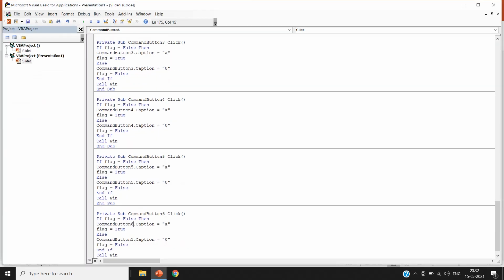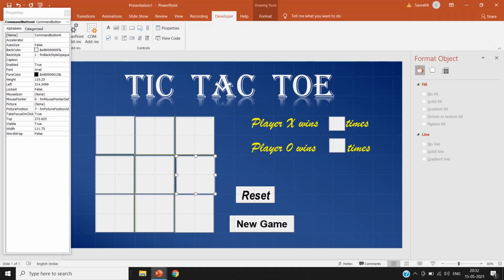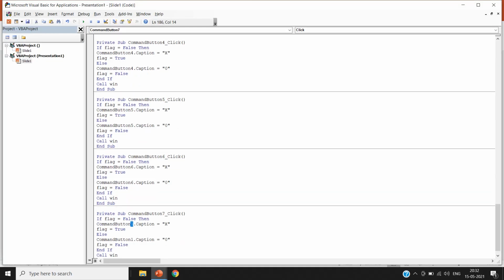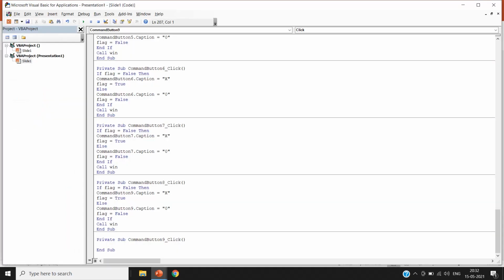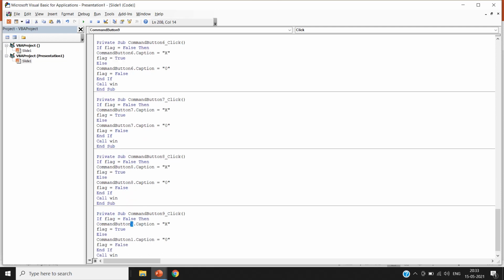If you are writing it for CommandButton6, do change it to CommandButton6.Caption. The same thing we are going to do for the 9 command buttons or 9 blocks of tic-tac-toe. Now we are almost done here.